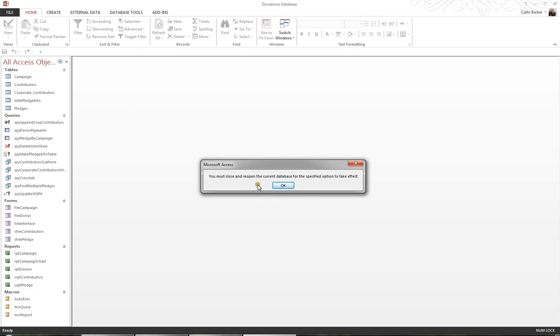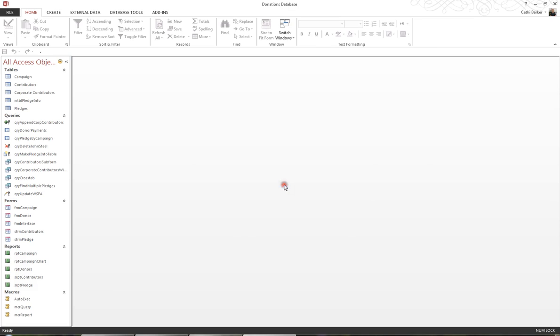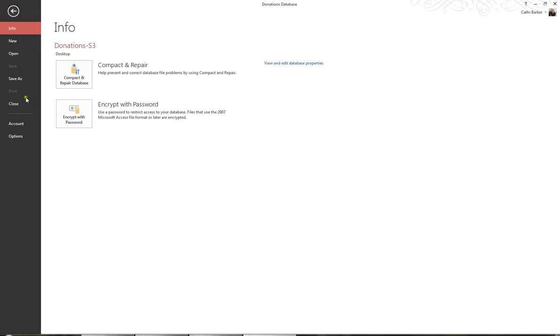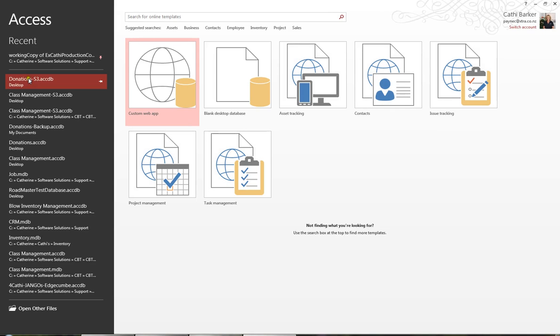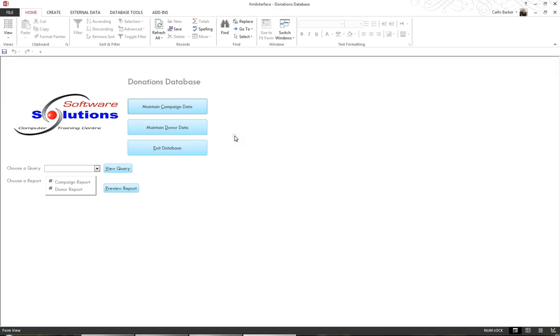In order for this to take effect, I must close the database and reopen the database. So I'll do that. I'll click OK, and I'll go to File and I'll close the database. If I now turn around and open the database, Donations, Stage 3, automatically the navigation pane is not displayed. There are no scroll bars or record selectors or navigation buttons on my form, and immediately the interface form also